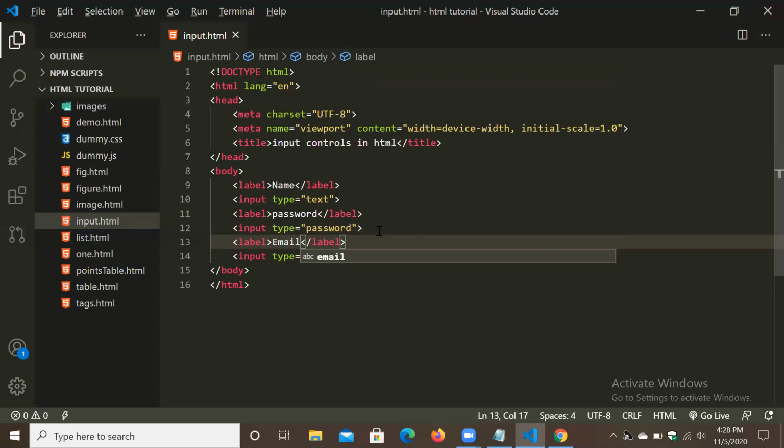So some of you or many of you may be confused why I'm doing like this. Okay. Just for your understanding, I'm doing like this. Otherwise we can do directly. We can take one label. In label we can give the name, and after that we can take input type is equal to text, and again then we can take one label, and in that label we can give the name password, and after that we can take input type password.